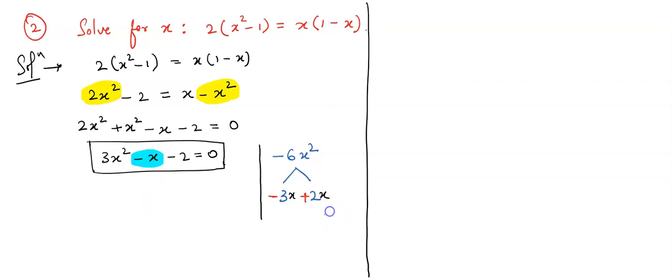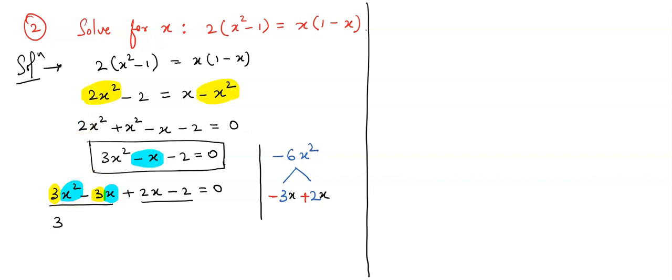Understood? Good. Now let me substitute: first term as it is, 3x². In this, minus 3x plus 2x, forget about minus or plus. See the numbers 3 and 2, which is bigger? 3 is bigger. So first you write that, that is minus 3x, then plus 2x. Last term as it is, minus 2, equals 0. Now we have to do pairing. These both are one pair and these both are one pair. Now here also 3 and here also 3. As you can see, on both sides we have 3 and 3. So we take 3 as common. And then you can see here we have x² and here we have x.